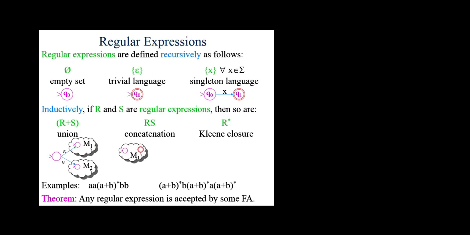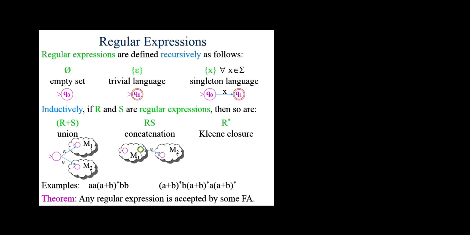So to accept the concatenation of two languages accepted by two machines, M1 accepts the language denoted by regular expression R, and M2 accepts the language denoted by regular expression S. To accept the language denoted by regular expression RS, or R concatenated with S, first start on the first machine's initial state, then transition around until you end up in some final state of the first machine. Then from that, for free, epsilon transition, jump into the initial state of the second machine, and then accept something in it. Together, this construction will accept strings that come from R concatenate S, or more precisely from the language represented by the regular expression RS.